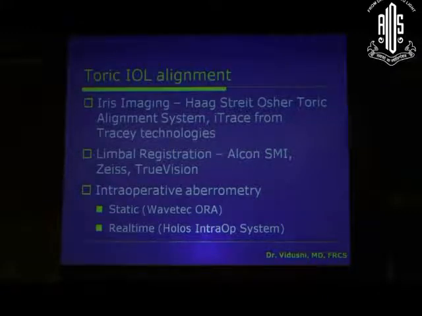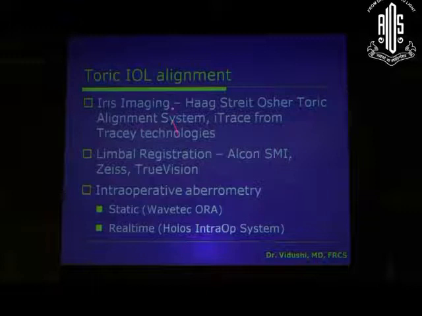Now, whatever we have followed till now is marking the reference axis on the slit lamp, then marking the axis under the operating microscope and putting the IOL along that axis, which has already been talked about. But now you have methods where you can take a pre-operative photograph of the anterior segment in the retroillumination mode. Like you have for LASIK, most machines would have some form of iris registration to avoid the problems because of the cyclotorsion of the eye in the supine position. So similarly, you can use it for cataract surgery.